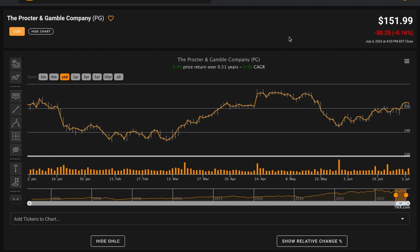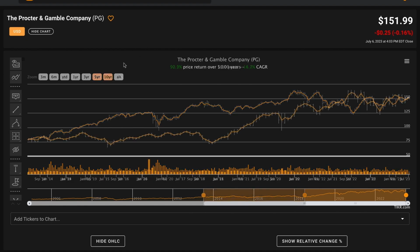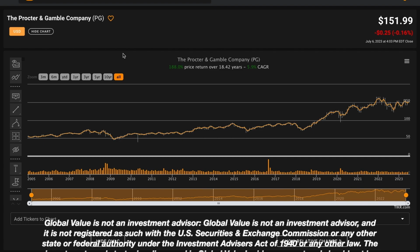$151.99 per share. Year to date, their stock price is up just 0.5%. Procter & Gamble currently trades 7% below its all-time highs. In the last 5 years, Procter & Gamble is compounding at 14% annually. In the last 10 years, they're compounding at 6.5% annually. Going back prior to the global financial crisis, in the last 18.5 years, Procter & Gamble is compounding at about